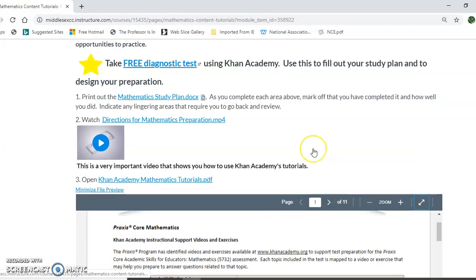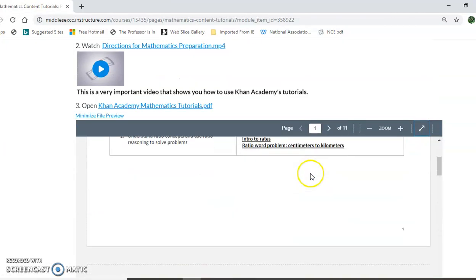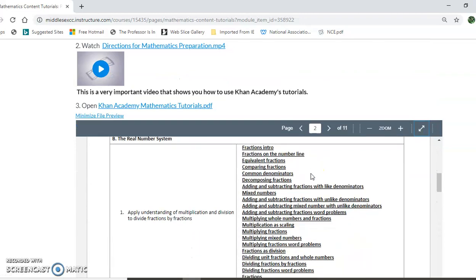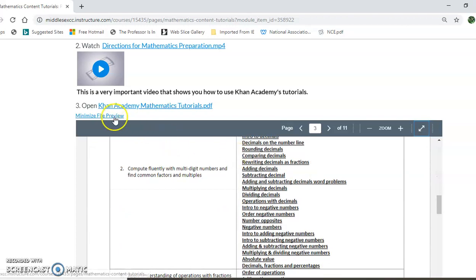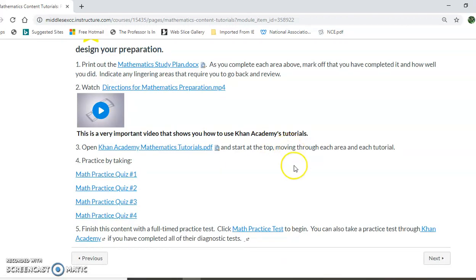Okay, so after you have gone through the different areas and practiced using all of these different parts of Khan Academy's practice tutorials, then we're going to encourage you to take some practice quizzes. Because remember, you'll be practicing as you go along when you're using Khan Academy, but these practice quizzes now take all 4 of those areas, and they give you questions in the various parts that you're going to be tested on.